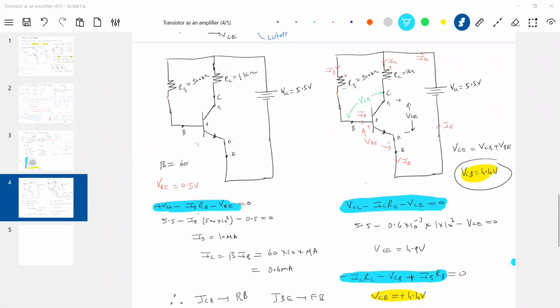Does it justify this answer? Base emitter is forward bias, collector base junction is reverse bias. If I end up with a negative VCB, then what does it mean? Collector base junction is forward biased. If the collector is more positive than the base, because collector is N type and base is P type, then it becomes reverse biased. So this is what I concluded here.